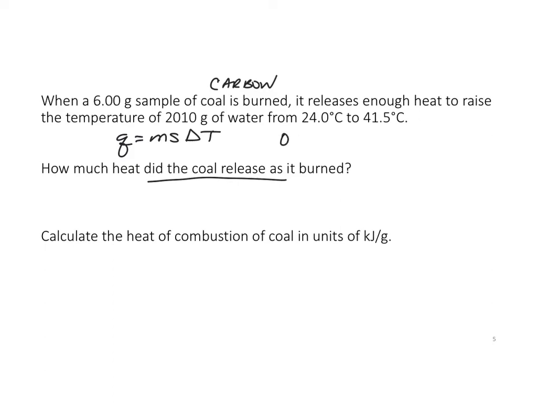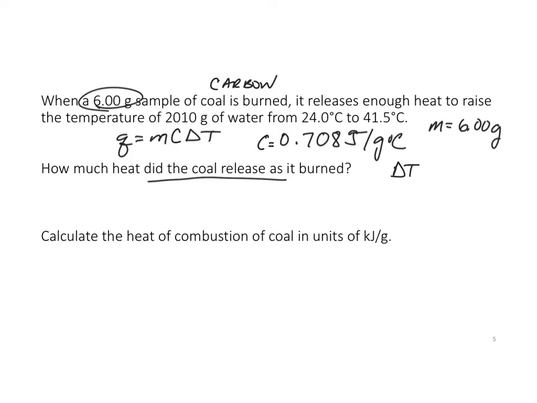And like I said, I would give you these: 0.708 joules per gram degree Celsius. So the mass is 6.00 grams. C, well, I say S, but your book uses C, so don't be confused there. C, this is C. And then the delta T